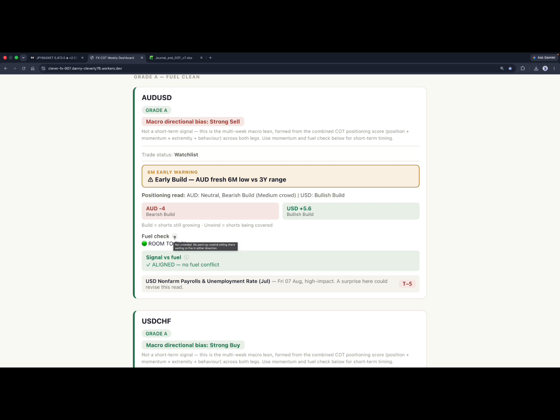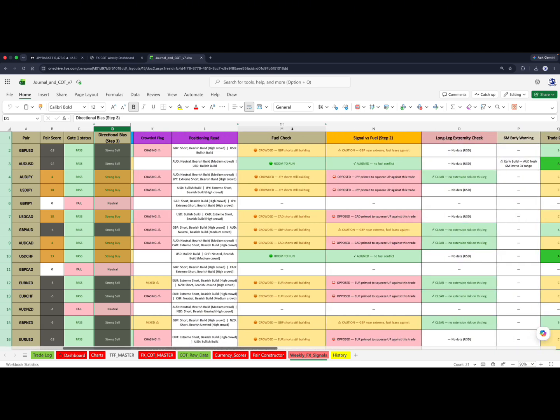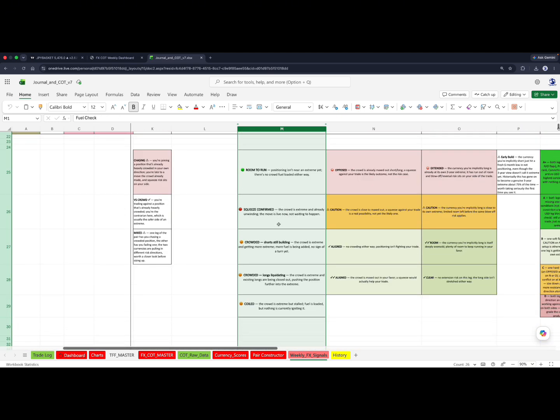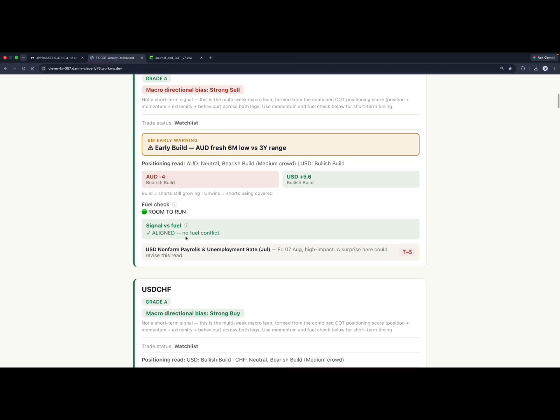So this one here says not crowded, no pent-up unwind sitting there waiting to fire in either direction. So there is fuel behind the particular move, and that's coming from this one here, column M, and again you can take a look and read the different contexts behind each one. But ultimately green, room to run, is good. And then you get signal versus fuel. This one here also says aligned, positioning is mid-range, nothing building against you either way. So both the signal and the fuel check suggest that this should be a relatively clean